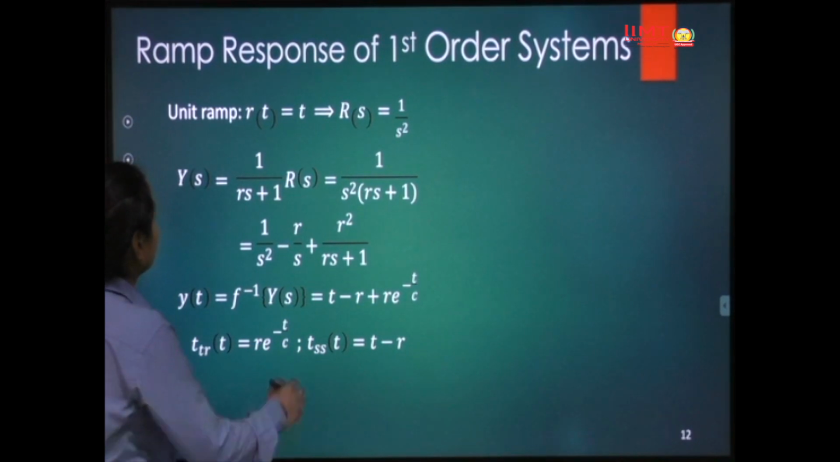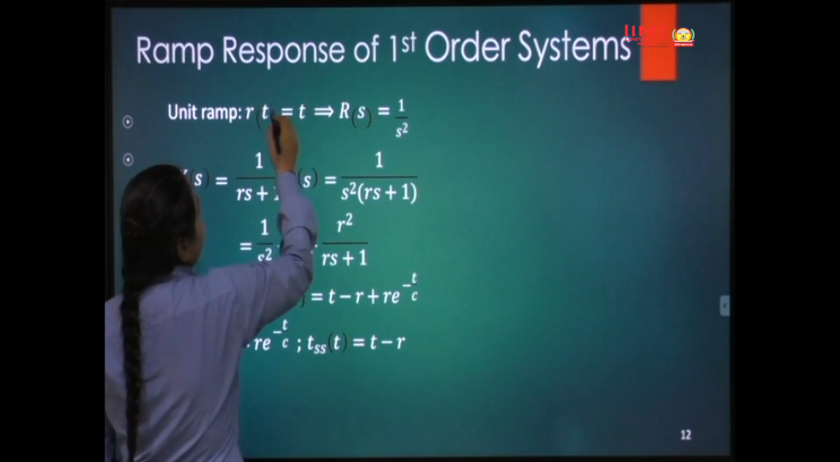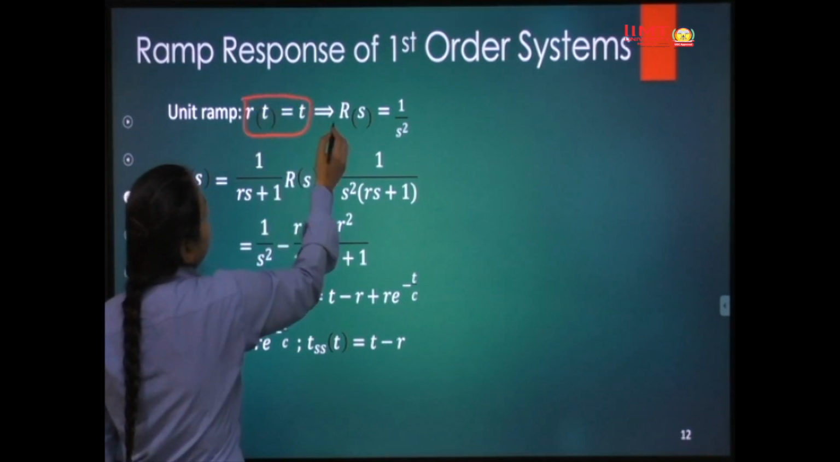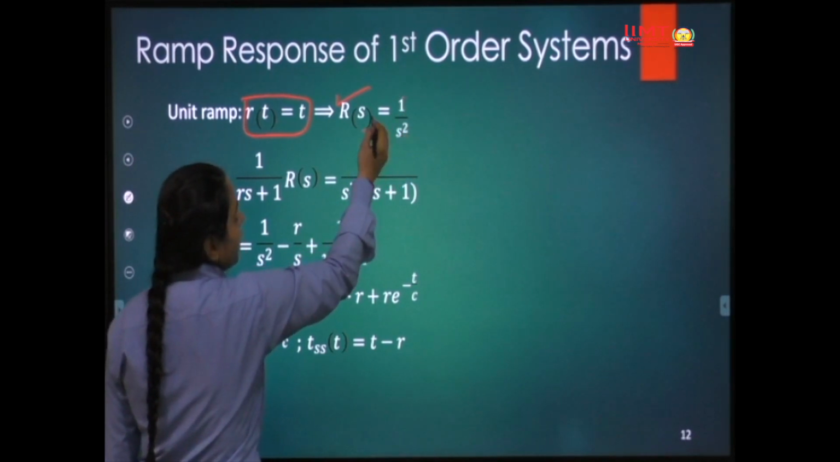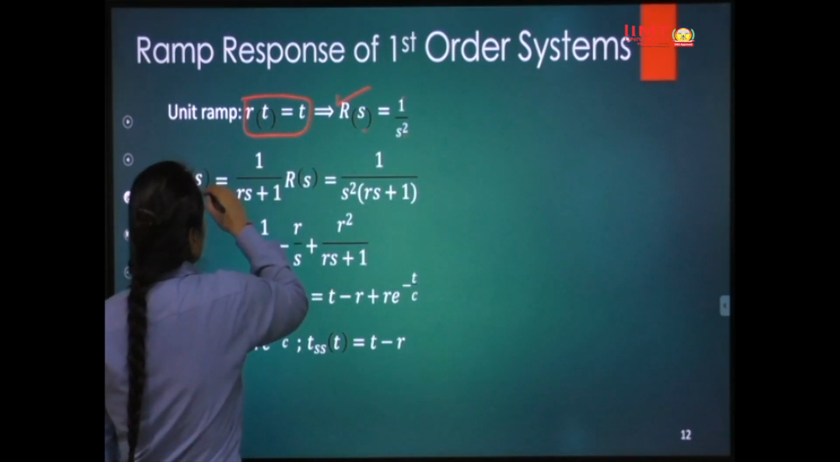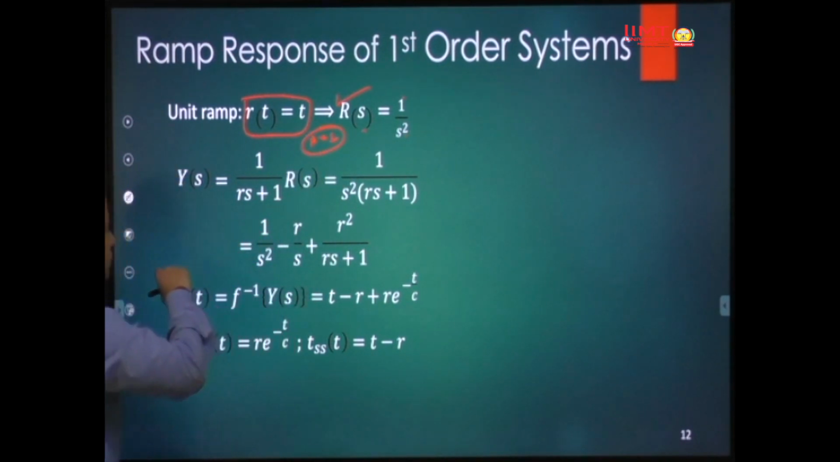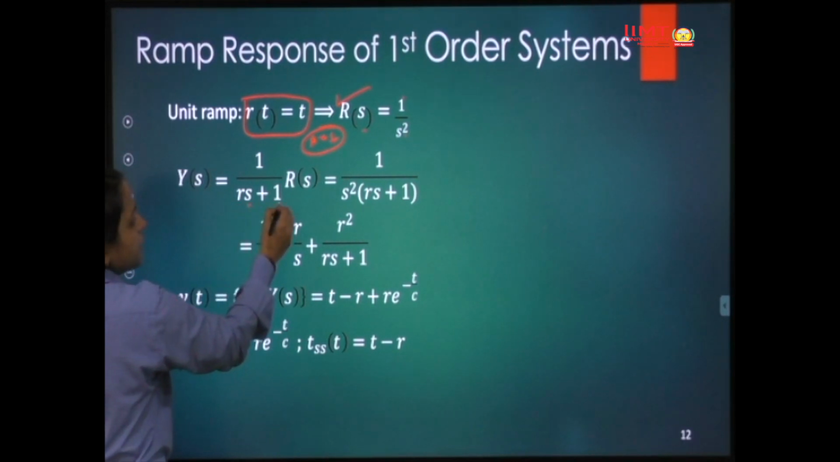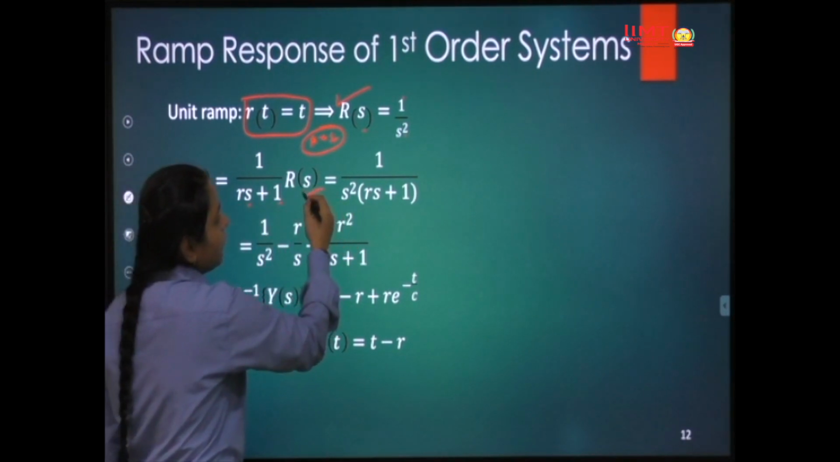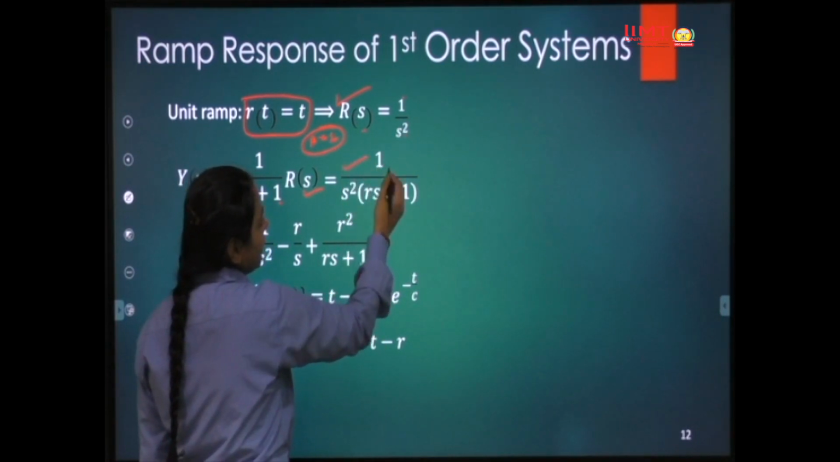For the ramp input, as we know, a ramp input is a straight line, r(t) is equal to t. Then the Laplace transform of r(t) would be R(s) equal to 1 by s square. Okay, so we have assumed A is equal to 1 here. Now Y(s), as we know, is equal to R(s) upon 1 plus sR. If we put the value of R(s) as 1 by s square in this, we get 1 upon s square